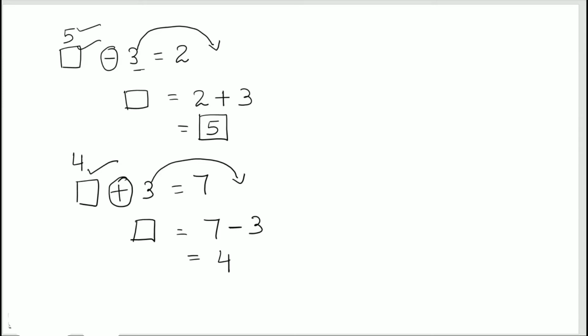Okay, let's try one more example. Say I have 8 minus blank box equals 2. To find out the number to be filled in this blank box, let's calculate mentally first. 8 minus some number gives me 2. So it's a small number, so we know that it's 8 minus 6, which gives me 2. So how can I get 6 using this rule?